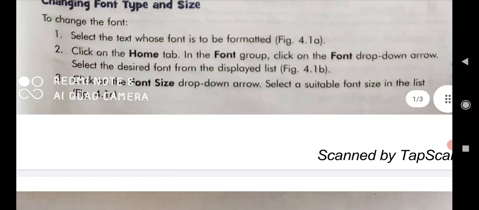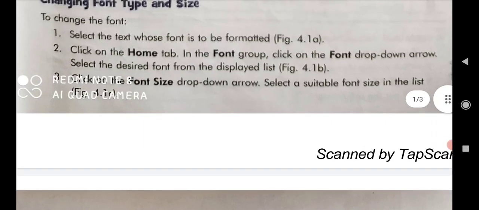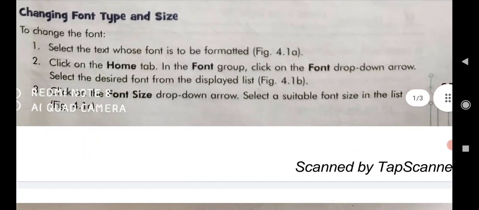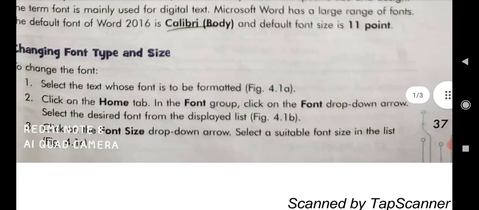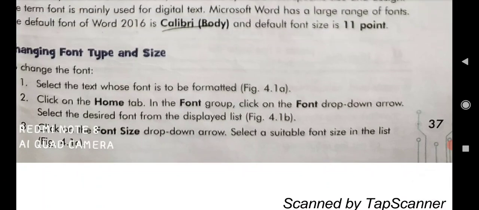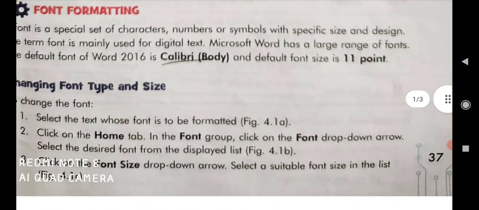After that, click on the font size drop-down arrow and select a suitable font size in the list.